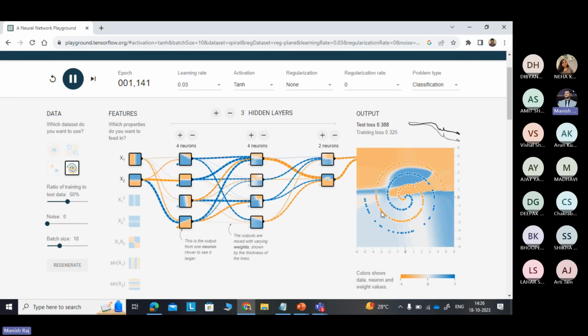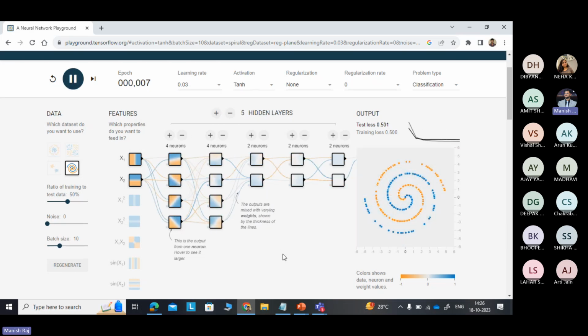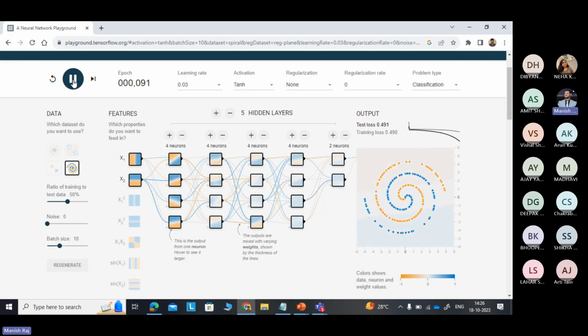Somehow, look, even after 1000 epochs, it is unable to capture this thing. So I increase the hidden layers. Okay, so somehow it may work, that if I increase the hidden layers more, and increase this also. So maybe, I am not saying that it is assured. I am not assuming that it will capture the data, but because the more neural network there is, more nonlinearity should be covered with this thing. It will still take a lot of epochs, I think. So you can see,